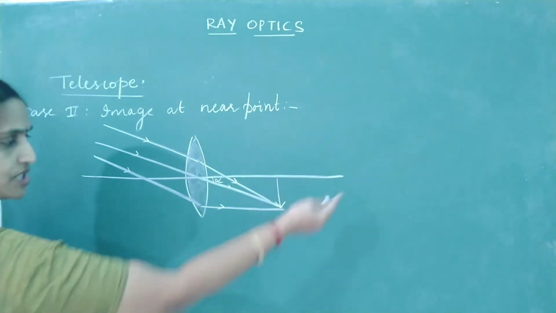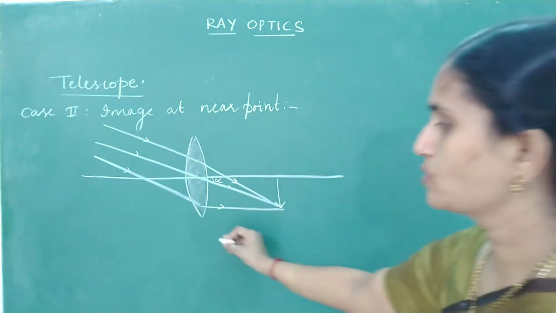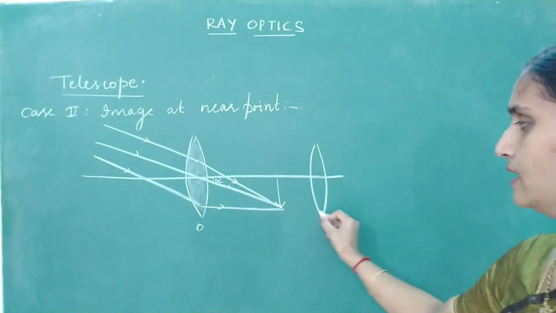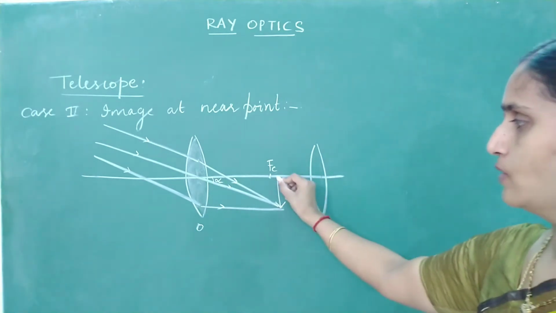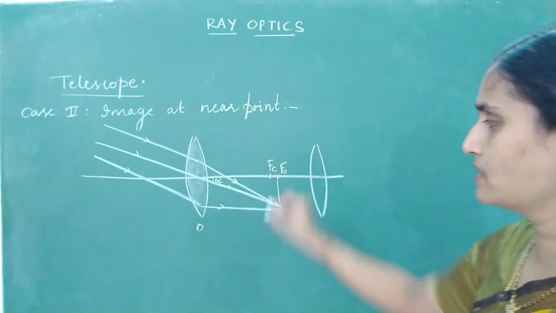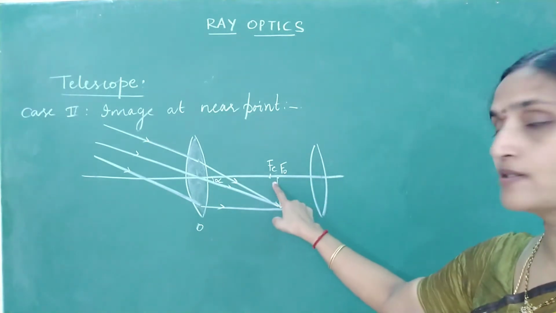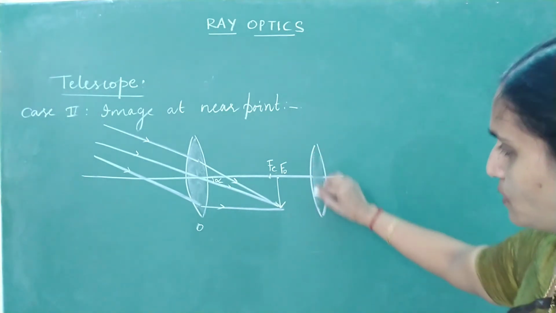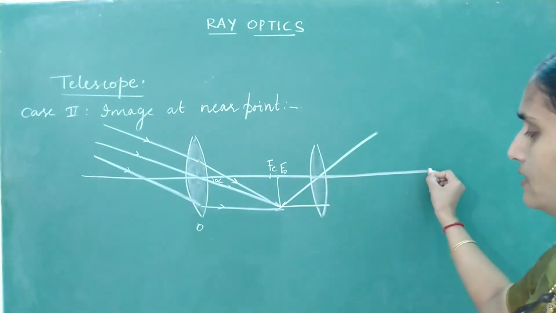Now this becomes object for the second lens. What is the name we give to the second lens? It's called the eye lens. Keep the eye lens close to the objective lens such that this image is formed within the focus of eye lens. This point is focus of objective lens. But where is the image formed? It is not formed exactly at the focus of eye lens. It is formed within the focus of eye lens. So adjust the distance between the two lenses such that the final image,